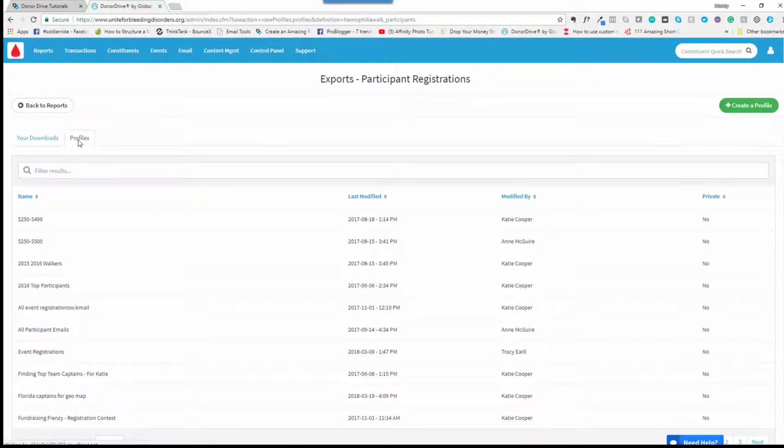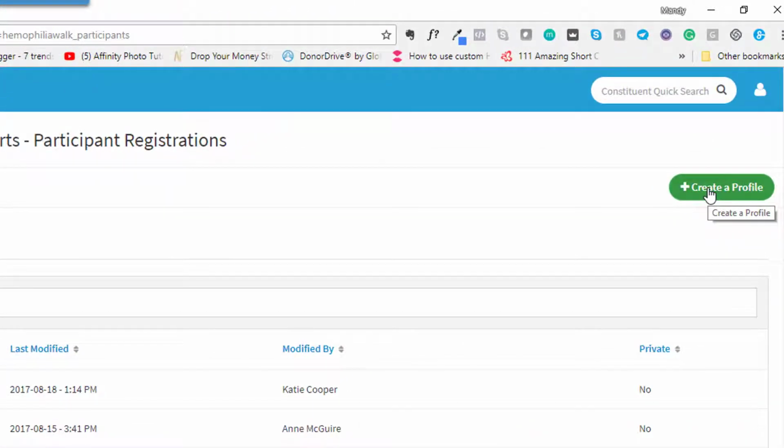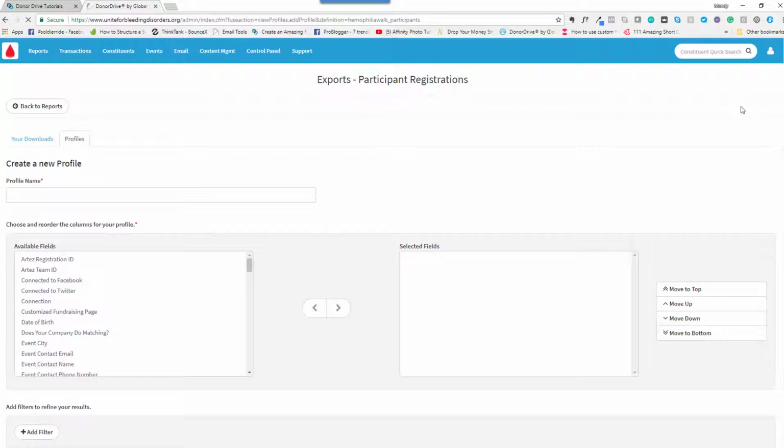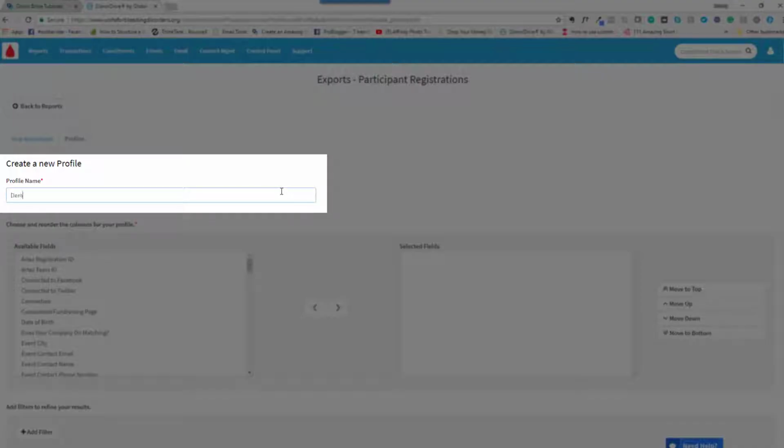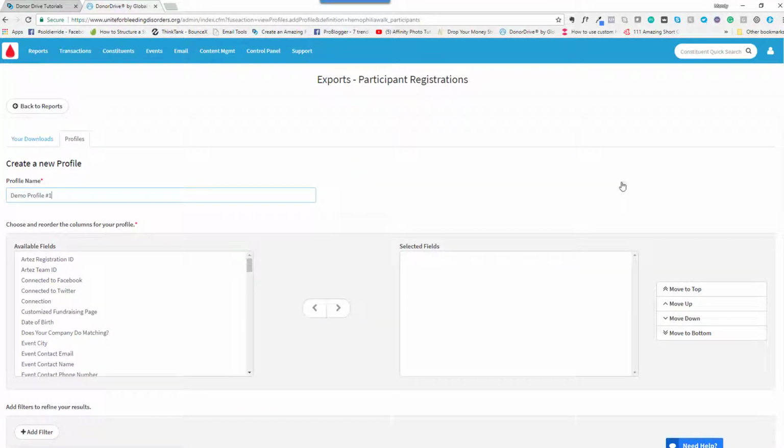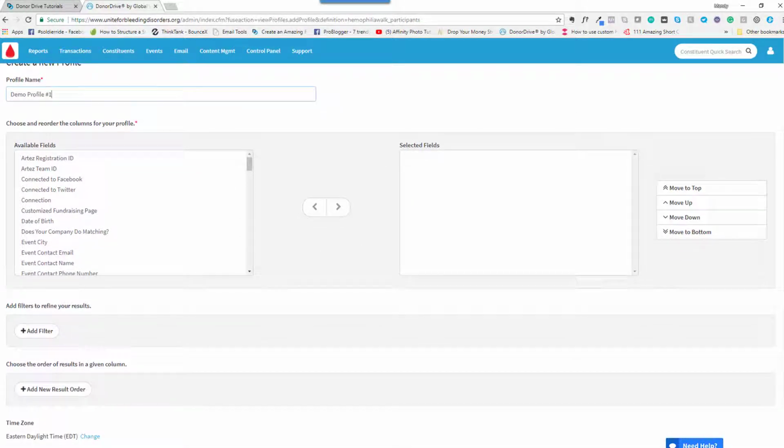So you're going to click over to Profiles, and if you already have created a report profile, it's going to be here and you can just select it and run the report again anytime you want to. For today though, we're going to create a new report profile. So on the far right, you're going to select create a new profile, and this is going to get you to the screen where you're going to name your profile, and for today we're just going to call it Demo Profile Number 1. And when you scroll down, you get to choose the columns and reorder the columns for your